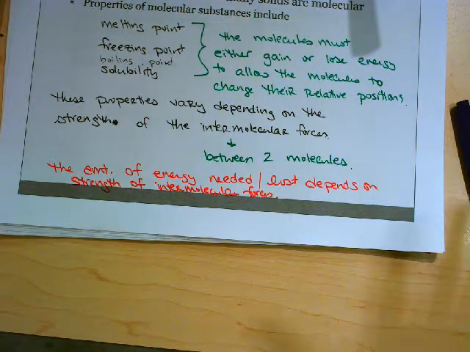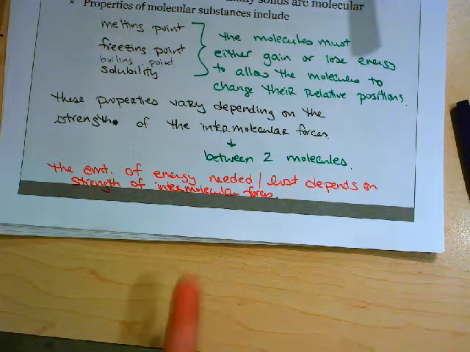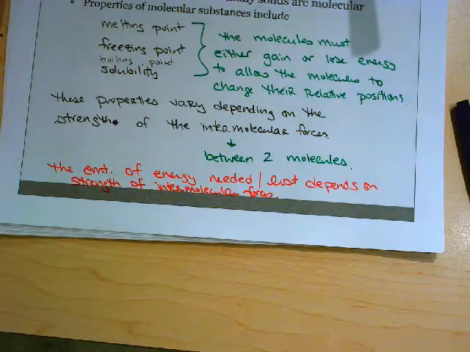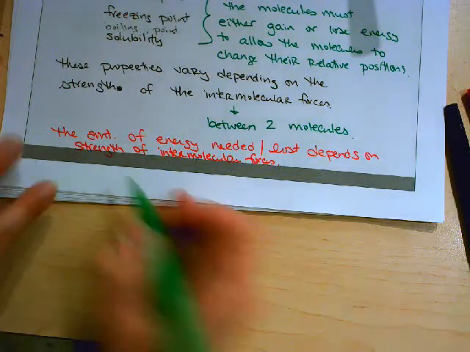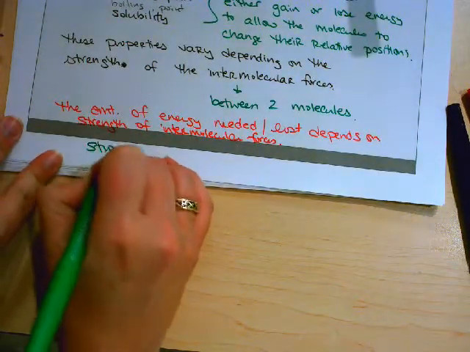If you really want to lose your partner because you don't like that person, then you're not going to hold on to them very tightly. That's always my strategy when I play tag and you end up with a slow partner. You hold on loosely so you accidentally lose them. And so if it's a strong intermolecular force, then it's going to take more energy to break those two molecules apart in space and become a different phase. So the amount of energy needed depends on the strength. So stronger